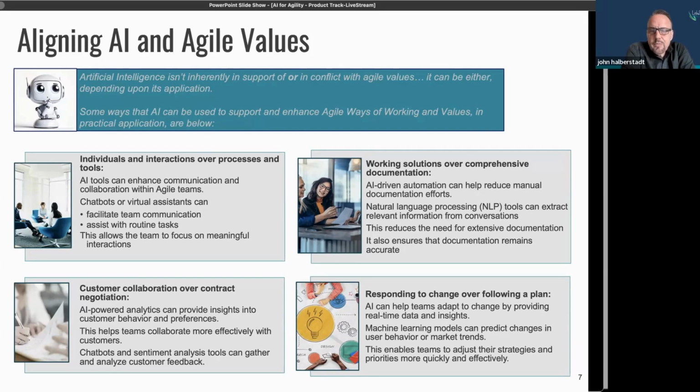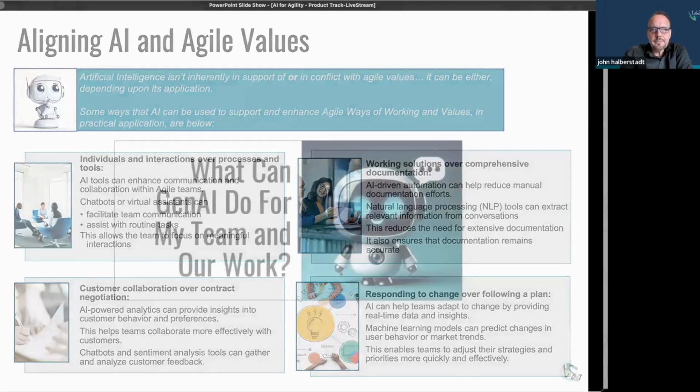And I would also say, really more accurately, we really can use different sources of data, sentiment analysis, and things like that to really understand how things are going and to understand where we may need to adapt. So it really will help the humans in terms of how we are looking at our strategy, what we're focusing on, and not being so focused on following a plan blindly. So to me, these are some of the key areas where AI really can help us align and really amplify, support those agile values, especially at scale.